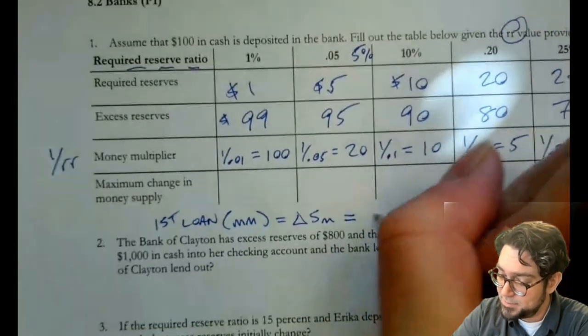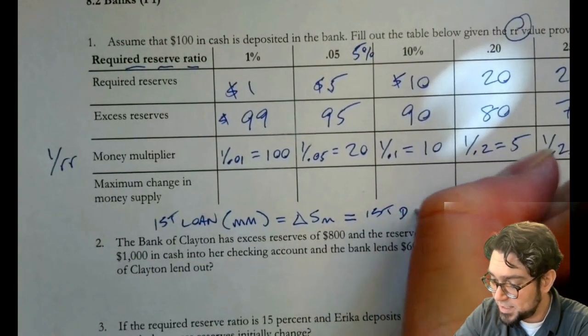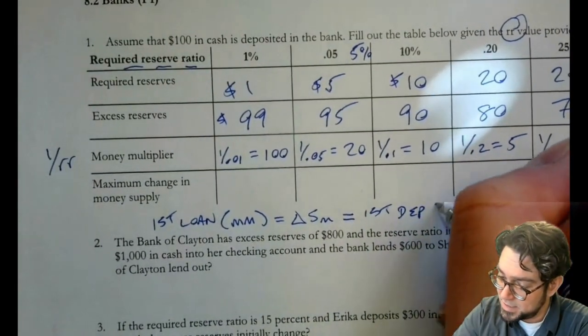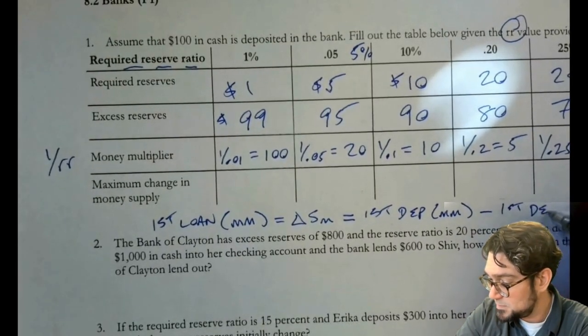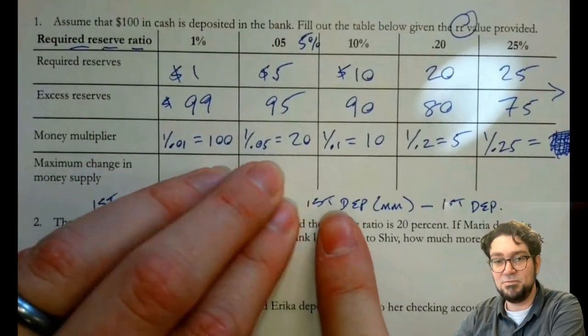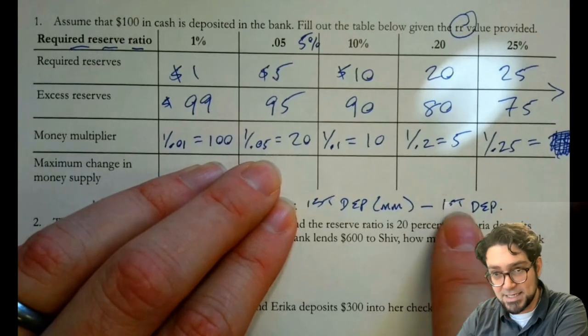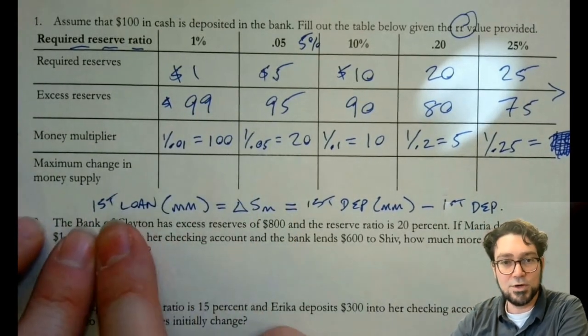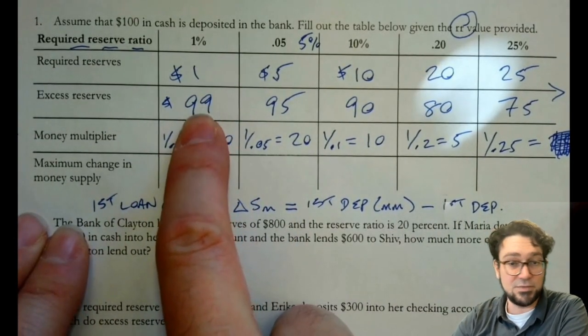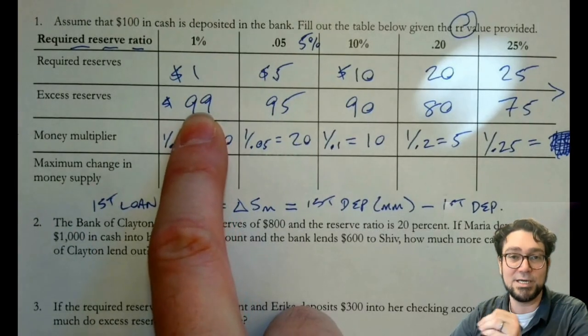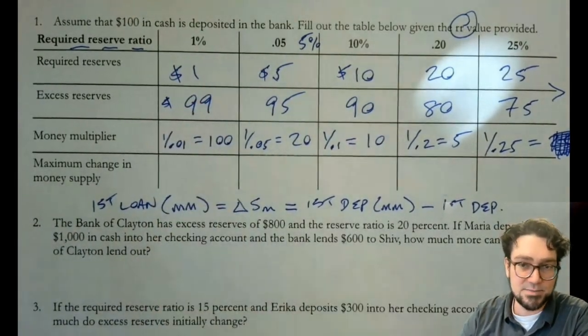So they're both going to be the first deposit. So I'm going to write both of these times the money multiplier minus the first deposit. That's the first method. First deposit times the money multiplier minus that original deposit. Or you can do the first loan that they make times the money multiplier. That's because the first loan they make, the excess reserves, is how much new money is getting created. So 99 times 100 is